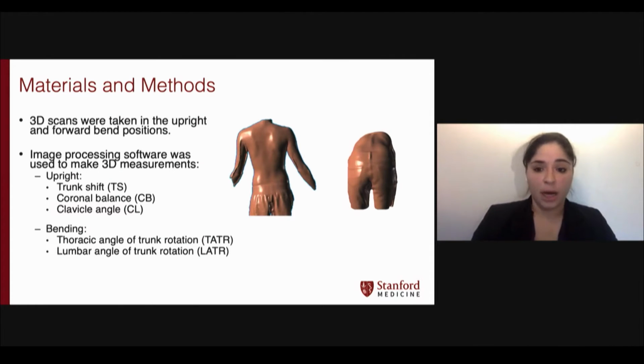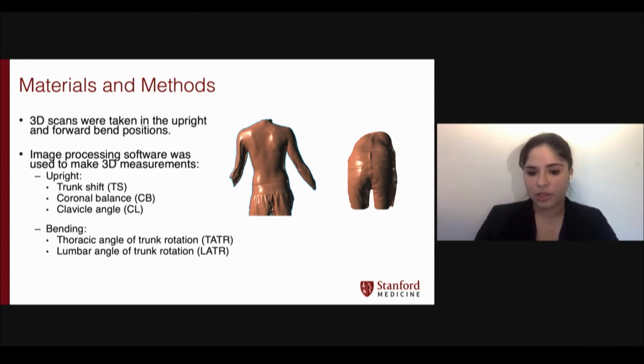3D scans were taken in the upright and forward bend positions as shown on the right. For the bending position, patients were asked to curl their backs as much as possible in order to maximize visualization of spinal curvature. Image processing and computer modeling software was used to make 3D measurements of trunk shift, coronal balance,